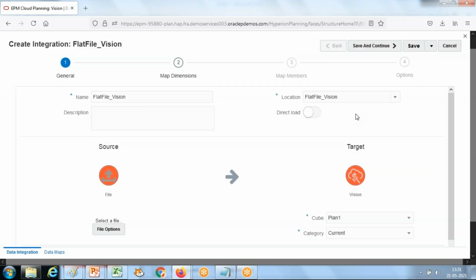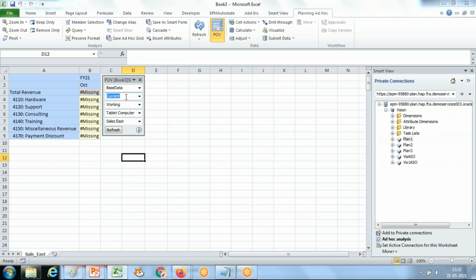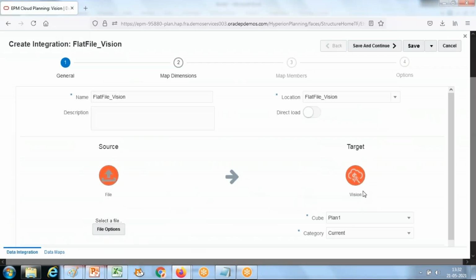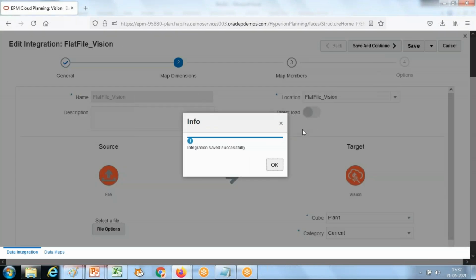All right, so next step, we select the file. It's already done. Step two, you define your target. So in this example, I'm loading this data into plan 1. So category is current. Right now only one category is registered, current category. In data management, I did not use period and year. We are using all default period and year and categories. Save and continue.